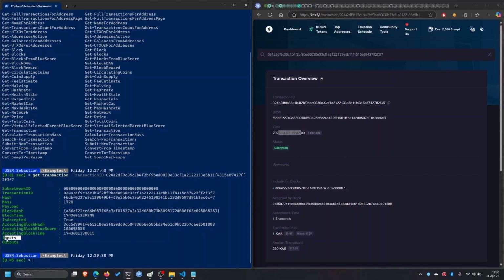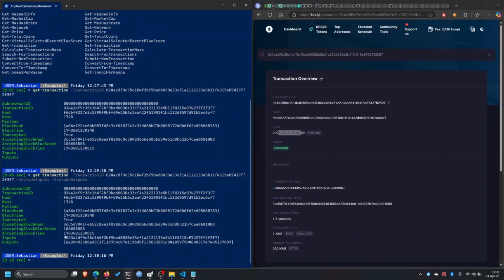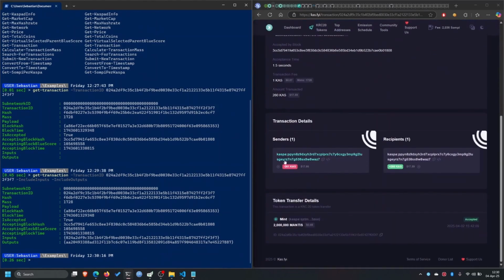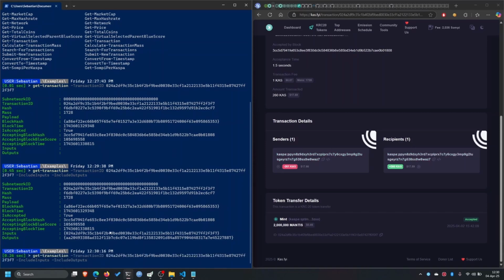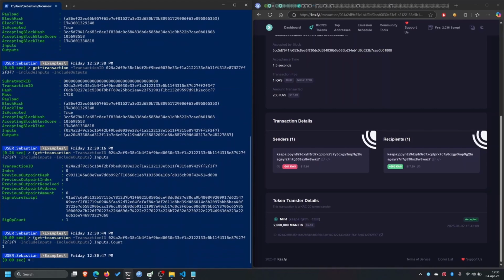Okay, so as you can see, we don't have inputs and outputs because we didn't specify that we want them. Include inputs and include outputs, and now we get basically this. And let's see, this is our inputs, and those are outputs. So let's access this information in a different way. Let's do this. Inputs, and let's see, only one input,